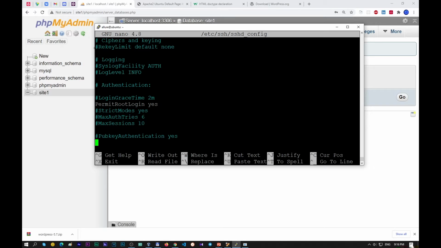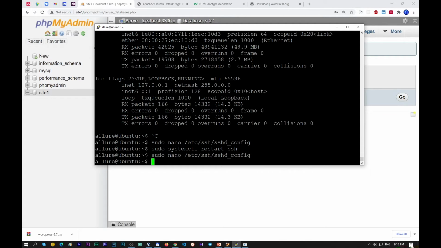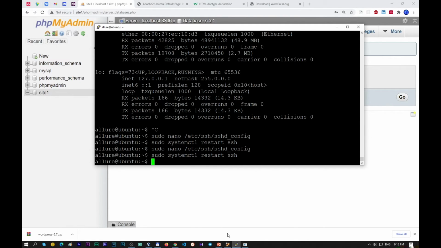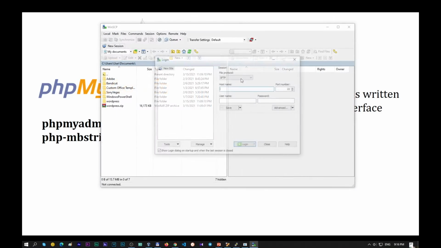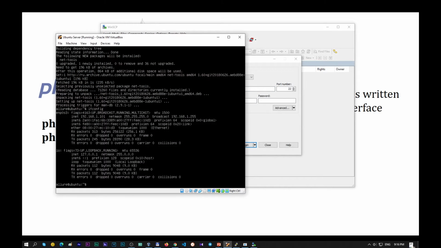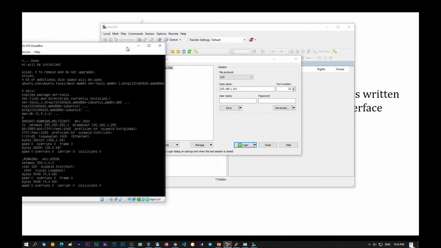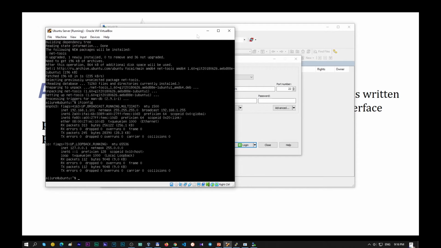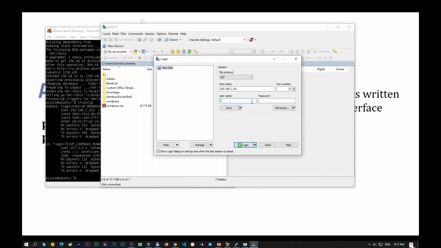So everything is correct, but so systemctl restart ssh. Well, let's try it once more. Well, everything is correct. Root and